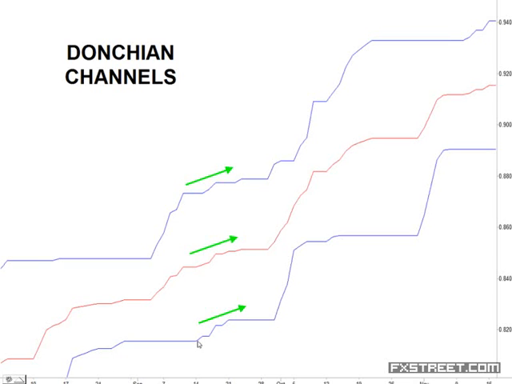Now, they're not going to be in sync. Sometimes you'll see a real nice long sustained sideways movement, and other times you'll see some of the other channels going upward where one is going sideways. It doesn't matter. They don't have to be perfectly in sync tit for tat. We're not looking for that. What we're looking for is just that they're all going in the same direction. All right, so as you see here, all of these Donchian channels are headed in the same upward direction. So this right away is telling you we're in an uptrend.